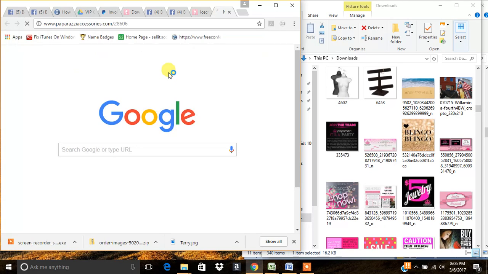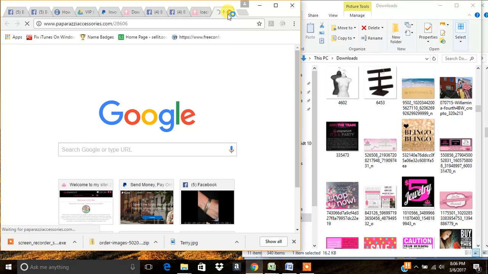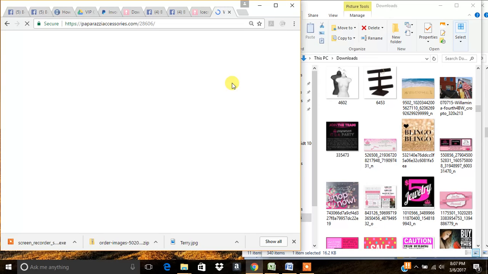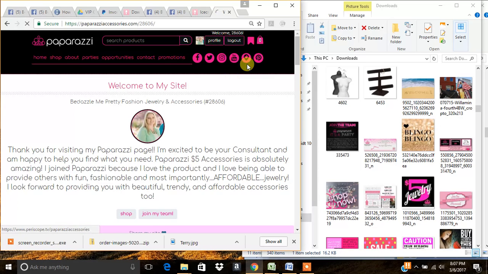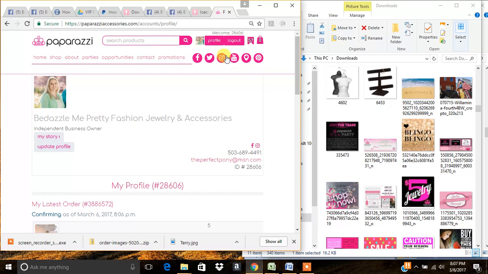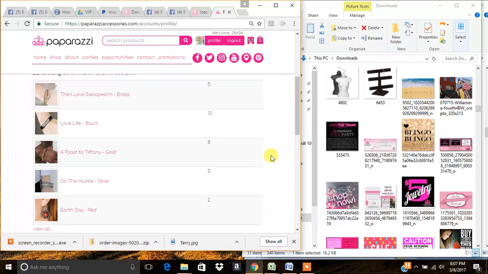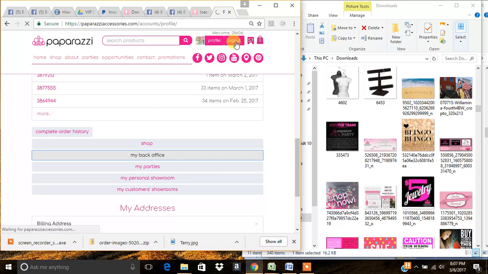So let me show you really quick how to do that. You're going to sign into your group. This is a great way to get pre-sales. One thing you do have to be aware of, though, is everything sells out very, very quickly. So you don't want to post stuff that you know is going to sell really fast. Some of the really popular stuff, especially if you know you're not going to order for a week, don't post stuff that's really popular. And you'll learn what that is if you don't already. So you're going to want to go to your back office,